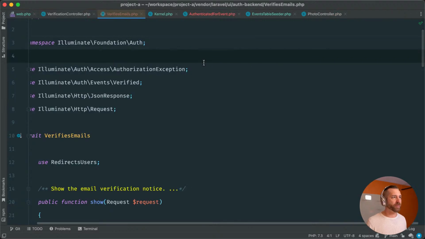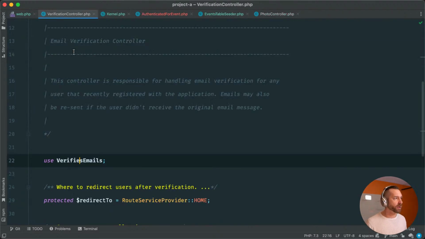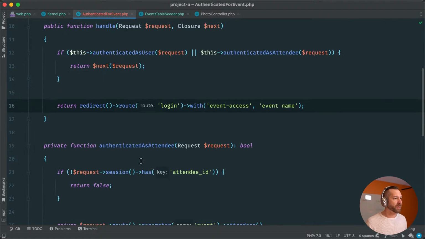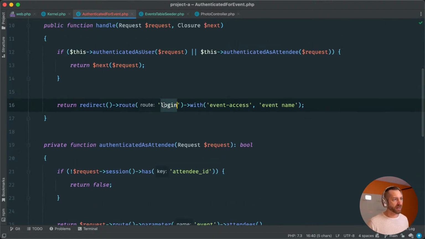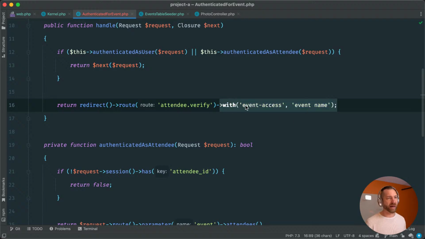If I want to do this all in one middleware, kind of like this verify email thing works in Laravel, I would probably not want to redirect them to login. Here is where I would redirect them to this special controller that's going to verify attendee, right? So this is attendee.verify, and then I would pass in the event access here with the event name, right? That's what I'm after. And so that would have a show and a whatever method, and then ultimately redirect back